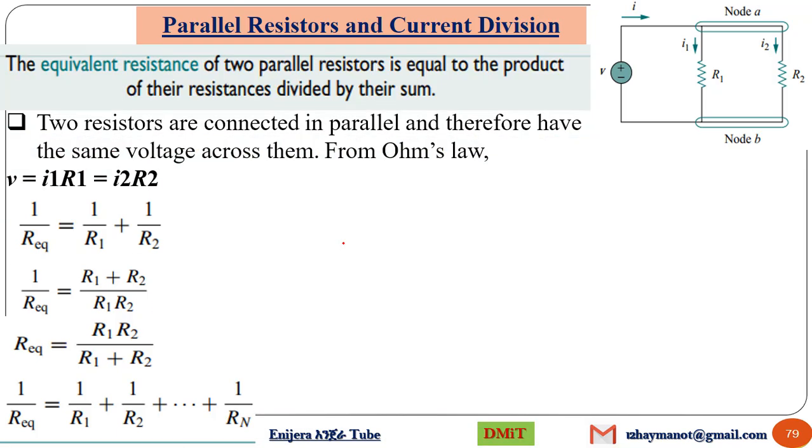The equivalent resistance of two parallel resistors is equal to the product of their resistance divided by their sum. So two resistors are connected in parallel and therefore have the same voltage across them. The same voltage. ስለዚህ ዲቫይድ የሚያደርገው ማን ነው ማለት ነው? ከረንት ይሆናል ማለት ነው።